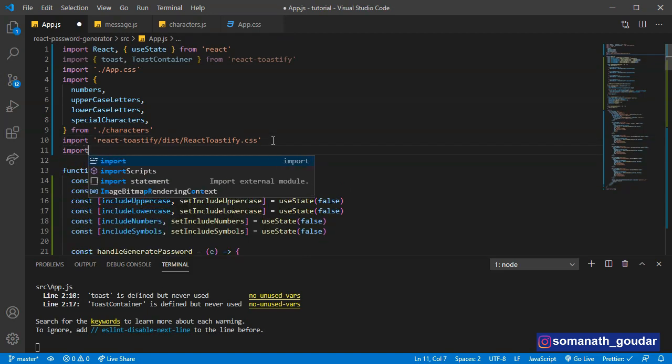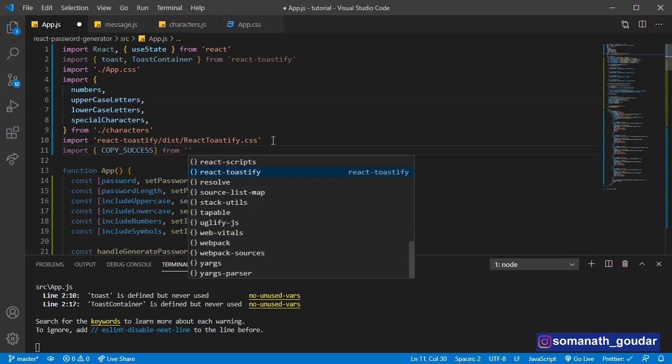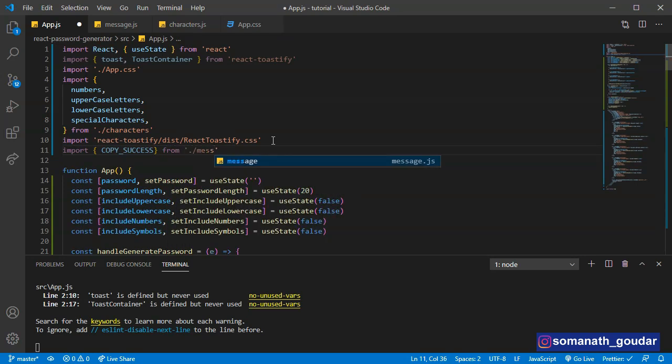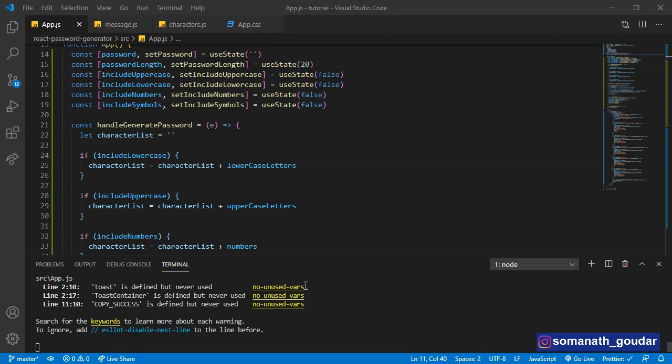Import copySuccess from message. Let's save. Okay, now let's implement the first notification.